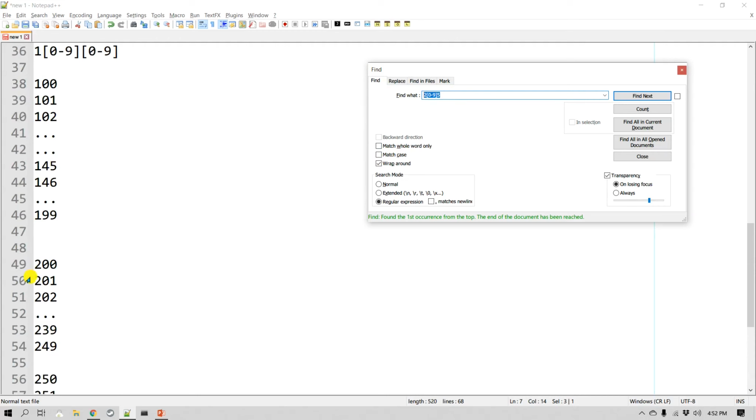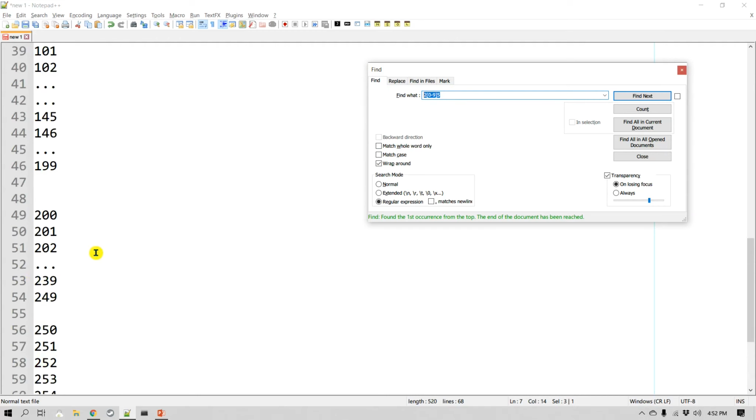And so here is what we have to do. We have to select a regular expression for numbers from 200 to 249, and then we also have to handle these few other numbers. So here is what I'm going to do. I'm going to say 2 and 0 to 4, 0 to 9, right?